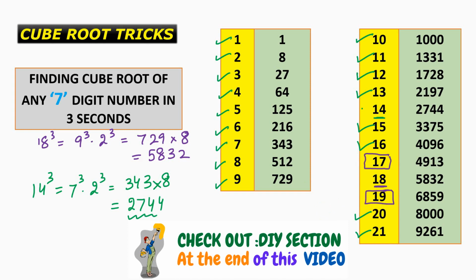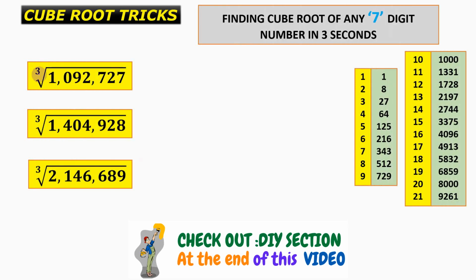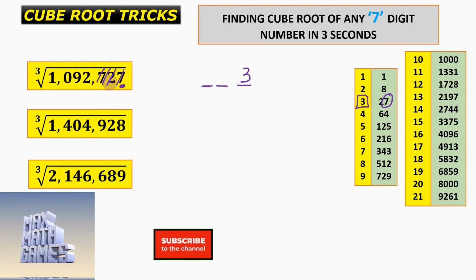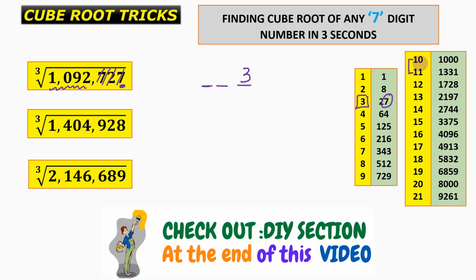Okay. Now let us get started. The first question is the cube root of the number 1092727. Over here the first thing we should notice is the unit place. The unit place here is 7, and the unit place 7 occurs when the unit place of the number is 3. So we put a 3 over here, and now we discard the last 3 digits, that is 727, and are left with 1092. Now 1092 lies between the cube of 10 and the cube of 11. So picking the smaller number, that is 10, we get our answer, which is 103.